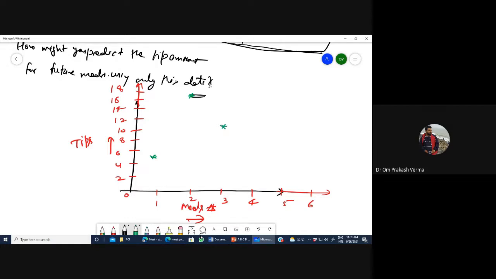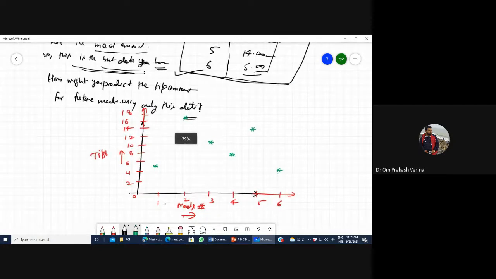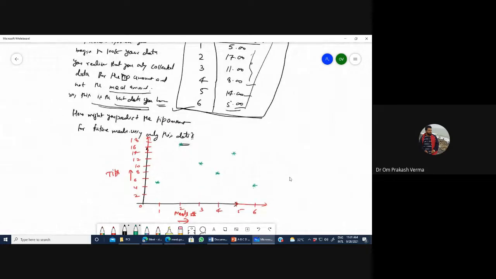For the fourth meal, it will come up to 8. For the fifth, it is 14. And for the sixth, it was 5. This is based on your data, you can see the data also.